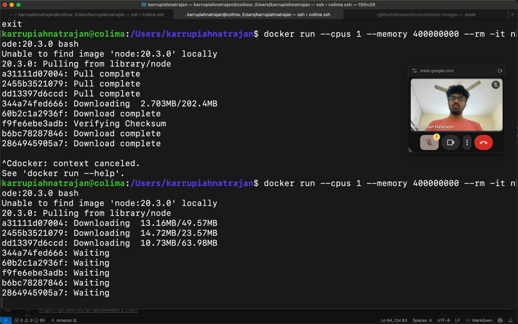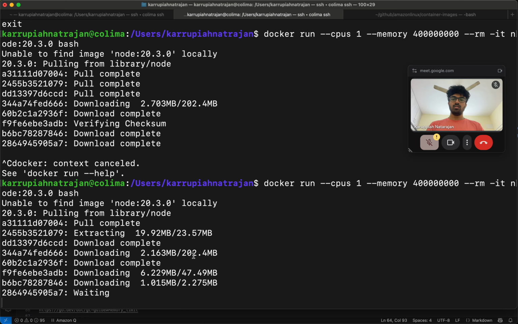I think there was a problem in the download, so this is getting stuck, by the way. For some reason only this is getting stuck. Okay, let's see if it works. Or else I'll just try some older versions also.